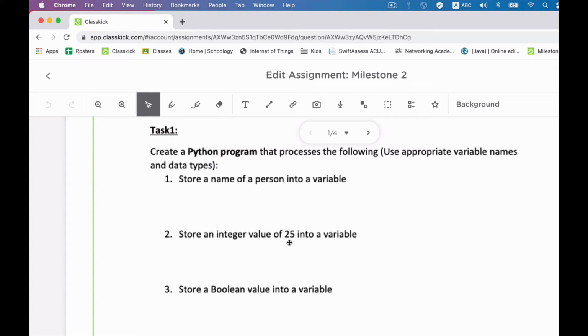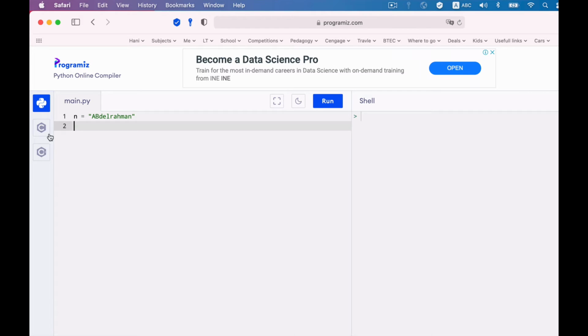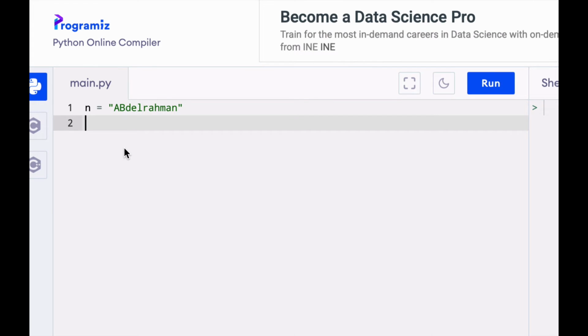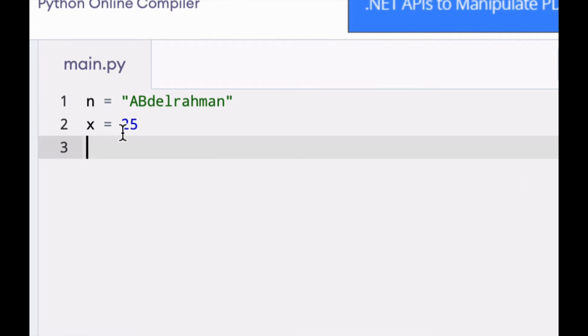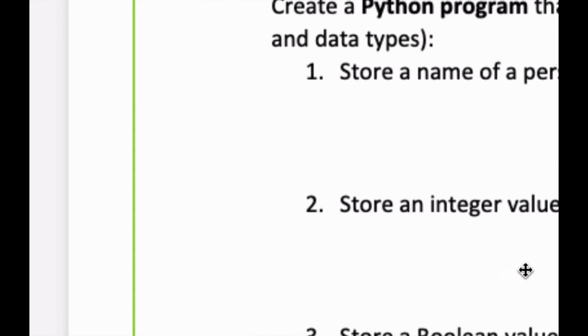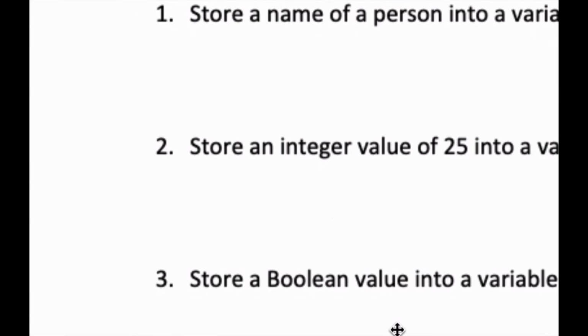Store an integer value of 25 into a variable. Again, to store a variable, let's say we call it x, and we need to store the value 25 as they requested. This is called an integer value, so integer number. Third thing we need to do is this: